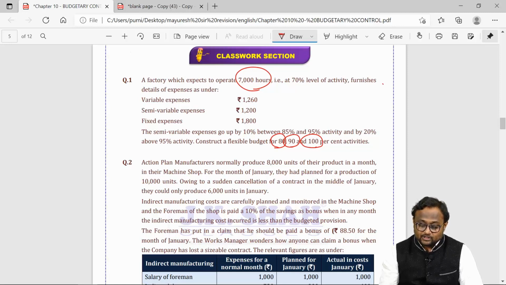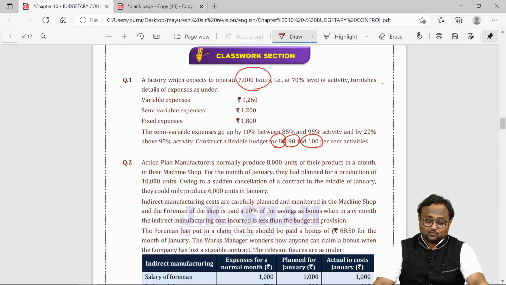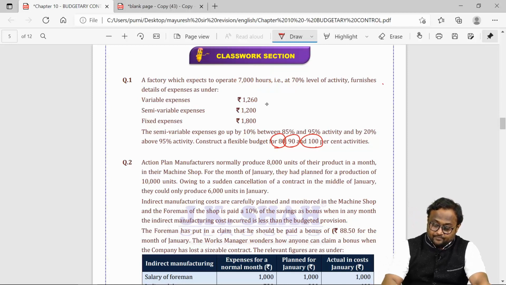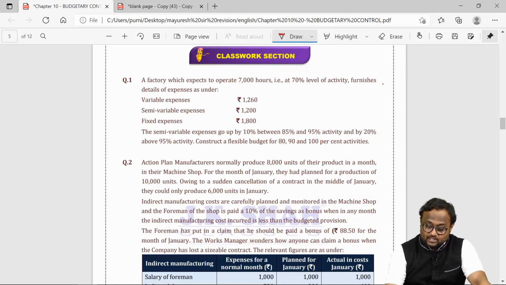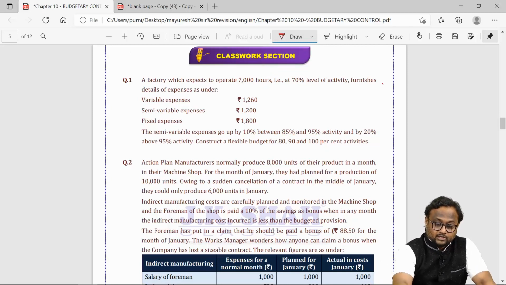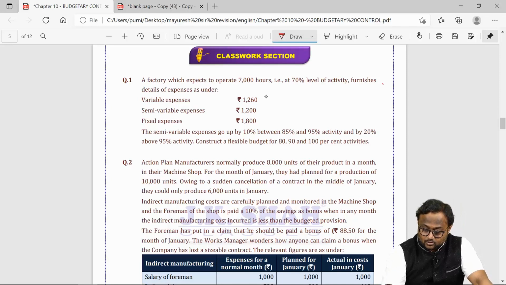Okay. Because your 7,000 hours was 70% capacity, so 100% capacity was definitely 10,000. So this is what they have asked. Fine. You have first cost structure as variable. So 1260 you have incurred on 7,000. So it's 0.18